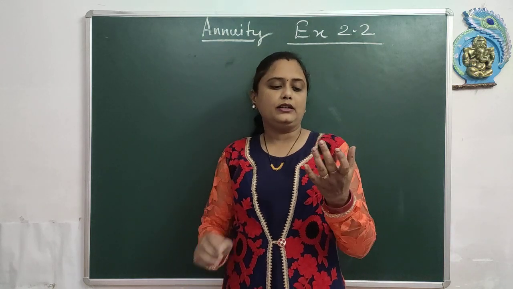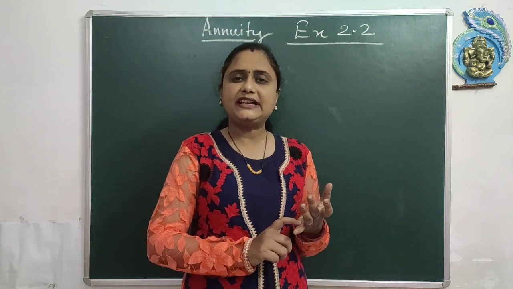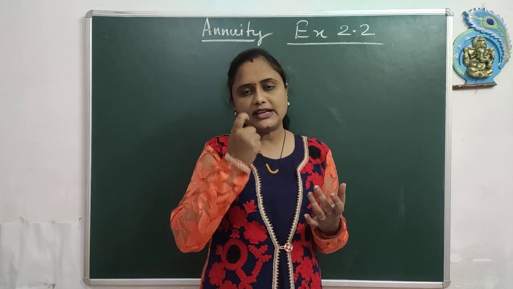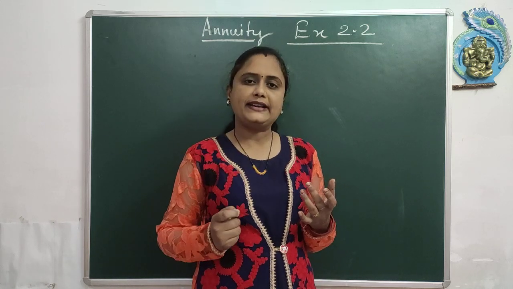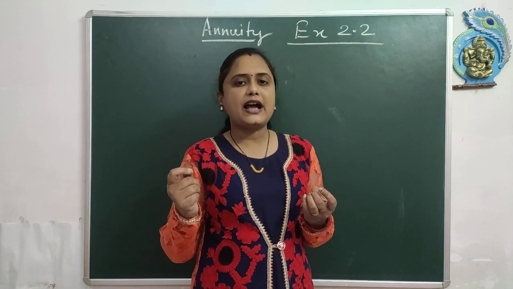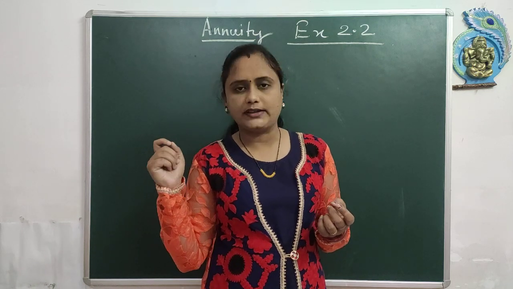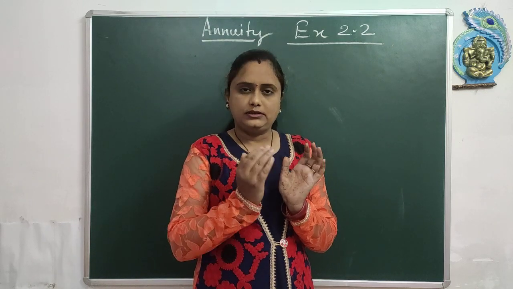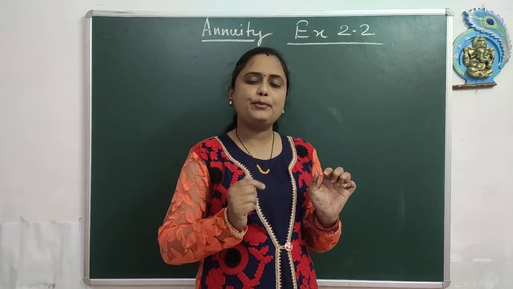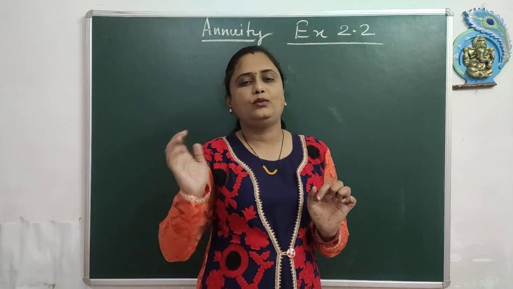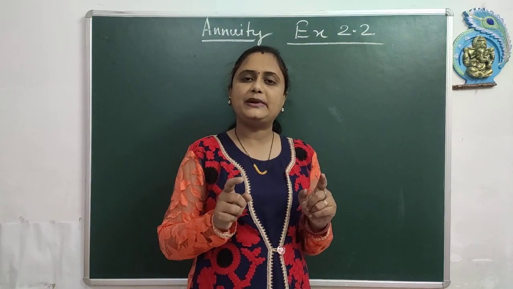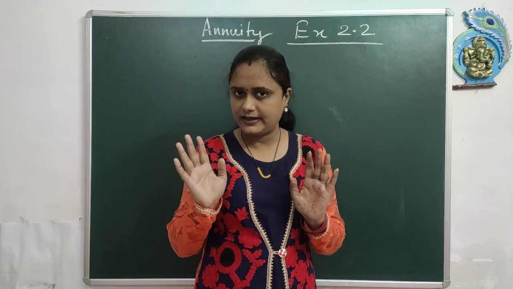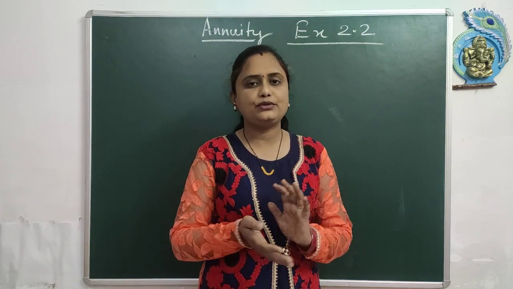That is, you have to find accumulated value, present value. The accumulated value formula is C upon I whole bracket, then 1 plus I to the power n minus 1. This is the formula for accumulated value. Then for present value, it is just a little different, that is C upon I into 1 minus 1 plus I to the power minus n. Here it is just minus n. Okay, so this is what you have to find in this exercise.